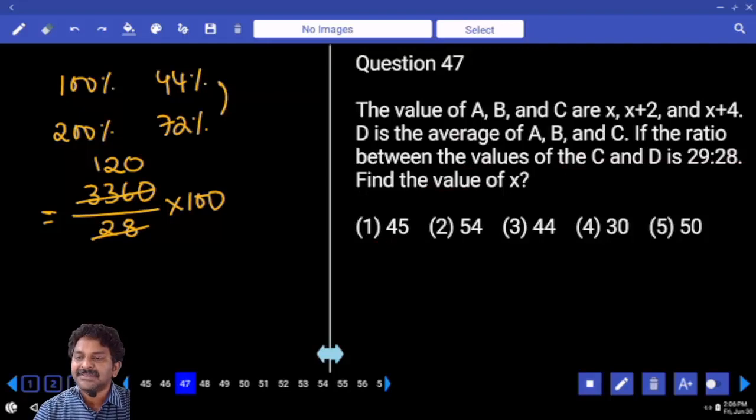The values of A, B, C are X, X plus 2, X plus 4. D is the average of A, B, C. If the ratio between the values of C and D is 29/28, find the value of X. We were asked to calculate X value, correct? Right. So now,